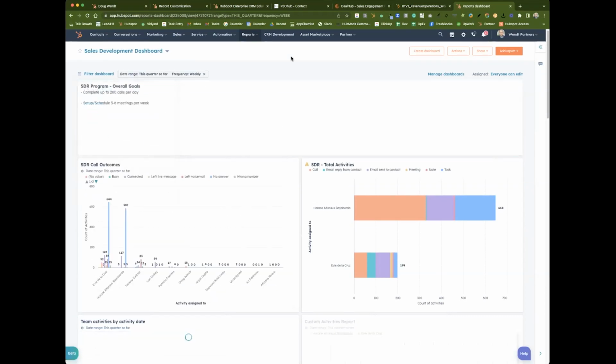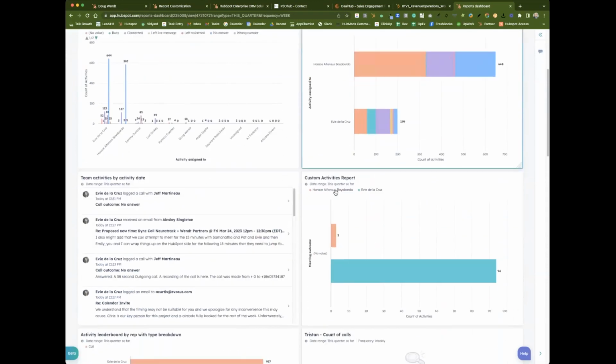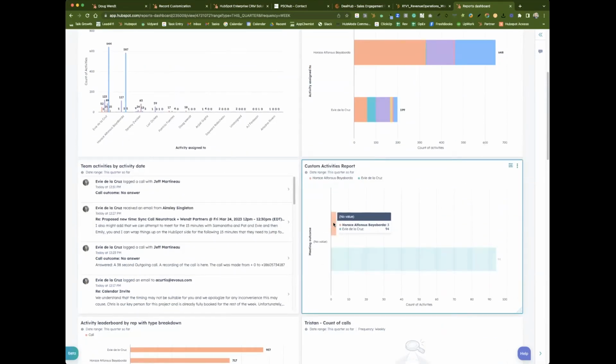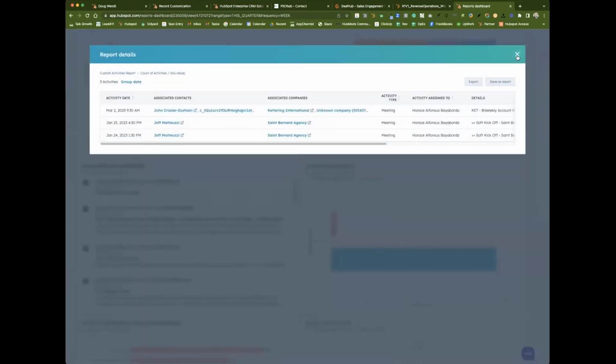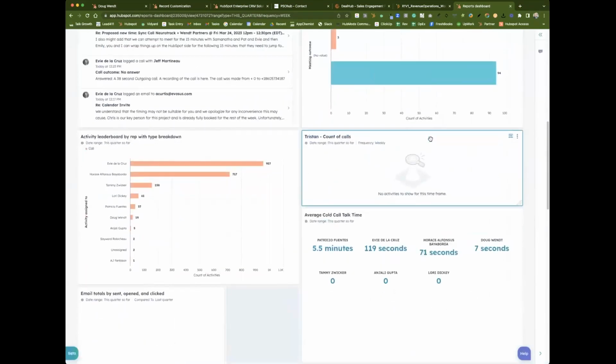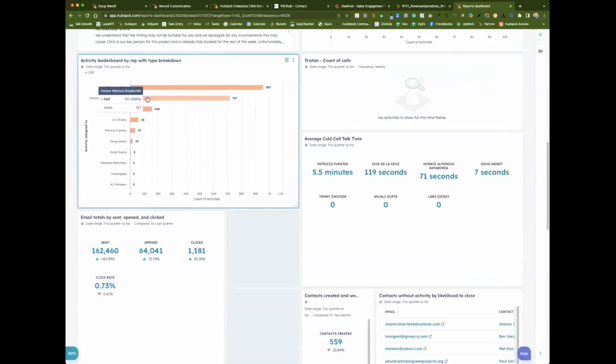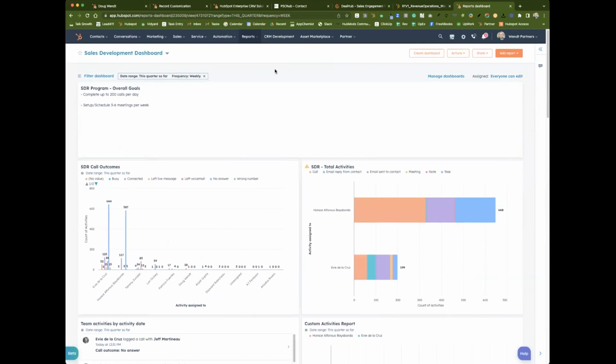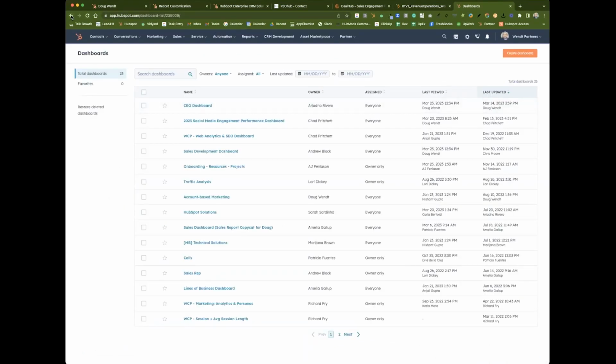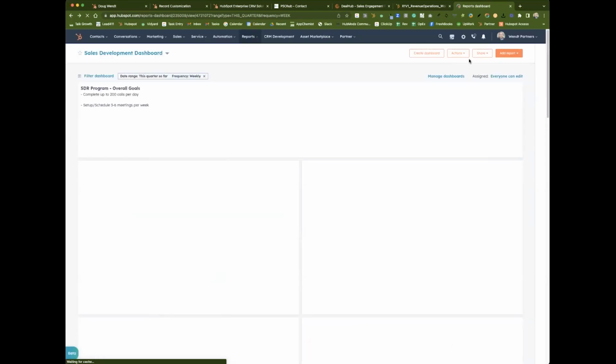because we're busy and we don't have a lot of time. If we're coming in here to get a status on our efforts, and we need to quickly capture it for this week, yesterday, whatever it is, I think that's super valuable. And then the other thing about dashboards that I love is being able to send it to yourself. So that's the other thing: it doesn't just live in HubSpot.